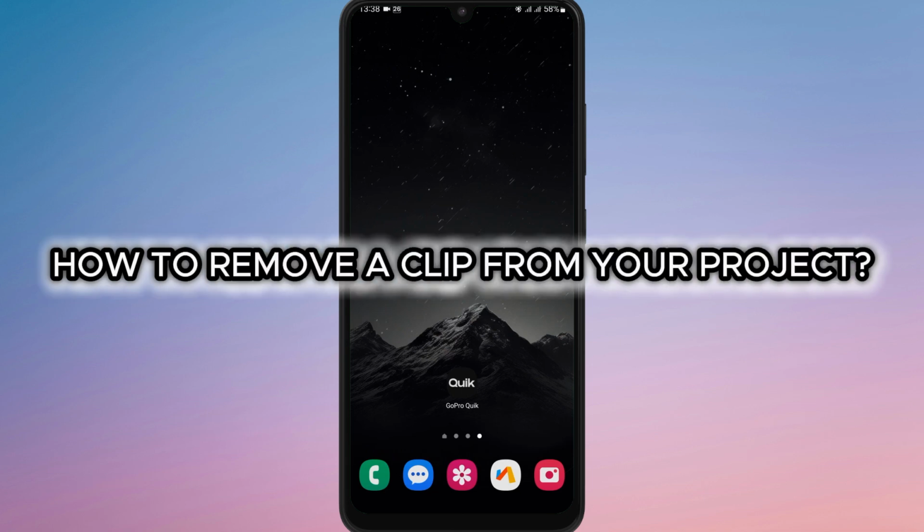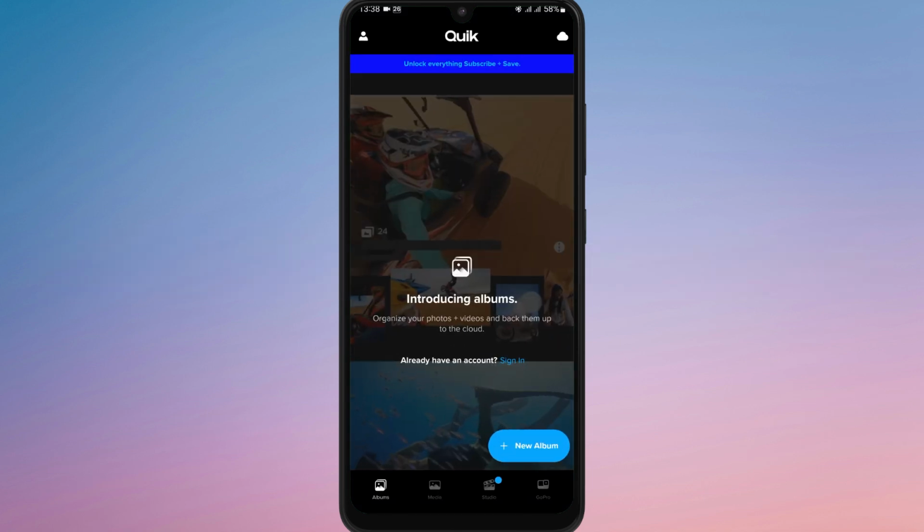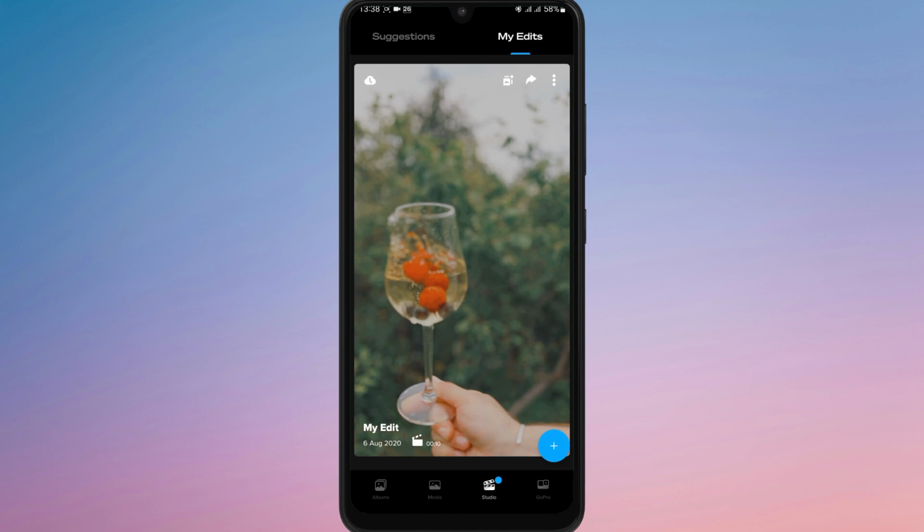How to remove a clip from your project in GoPro Quik. First of all, open the GoPro Quik app on your device to get started. Next, navigate to the Studio tab located at the bottom of the screen and select the project you are currently